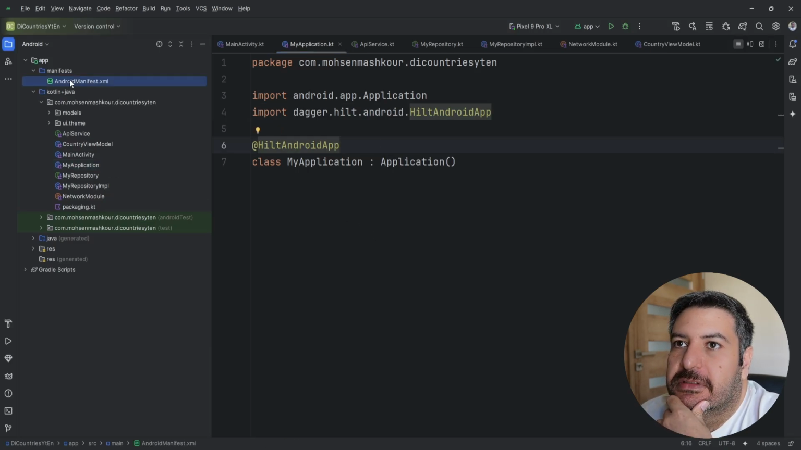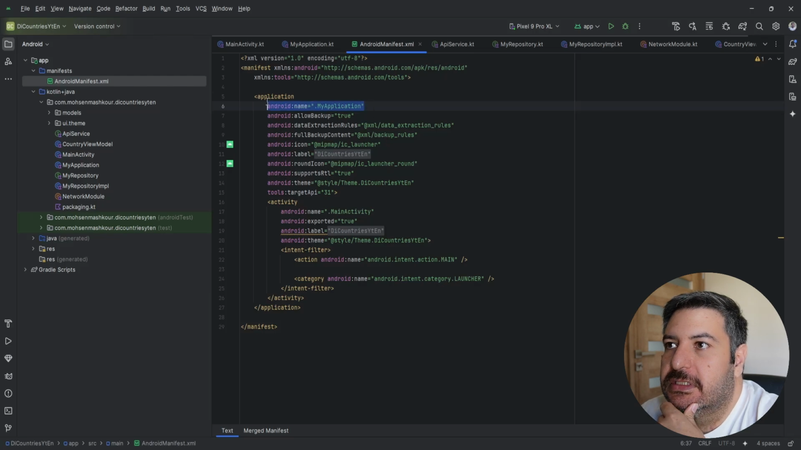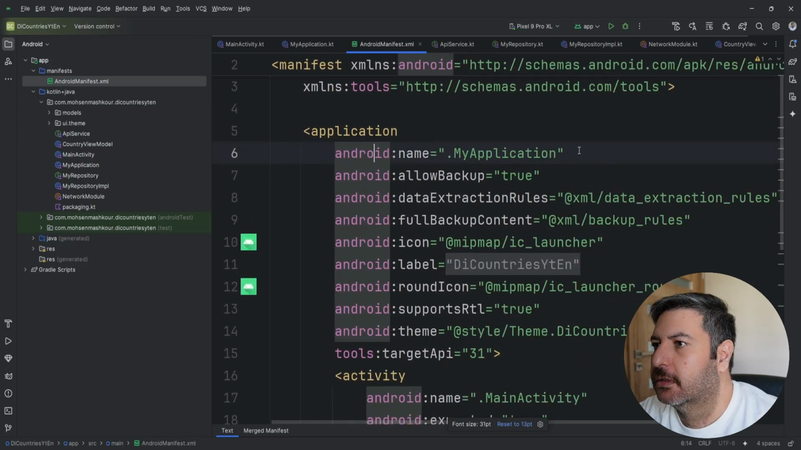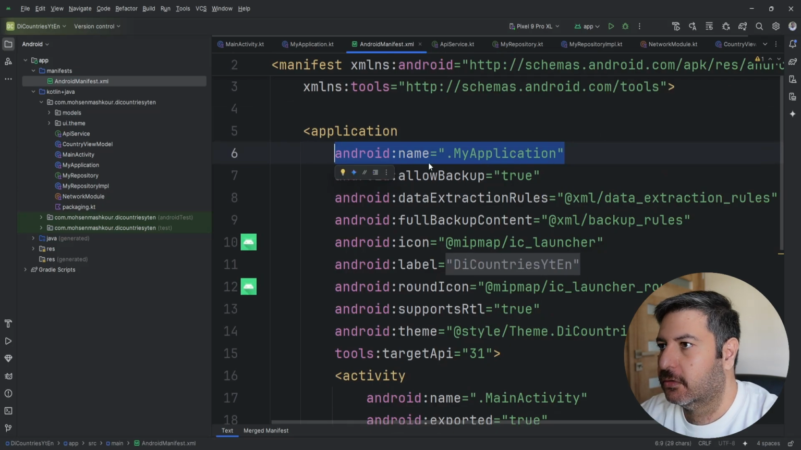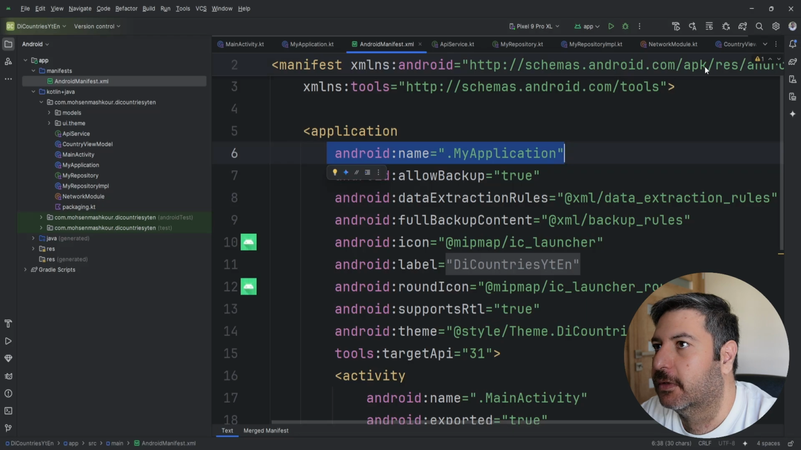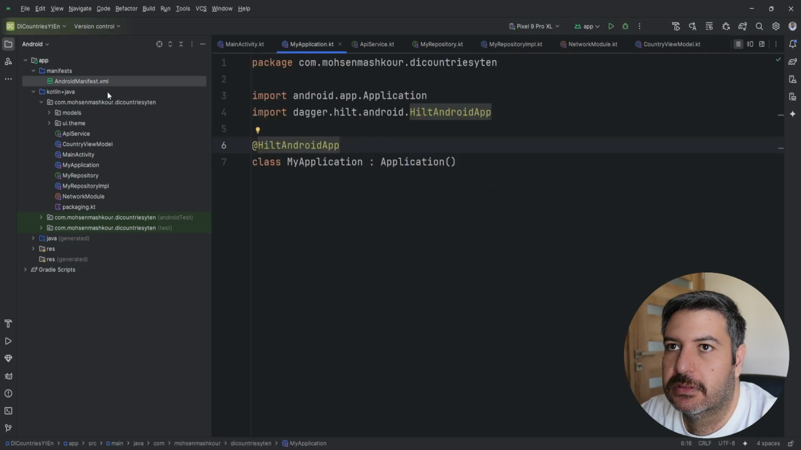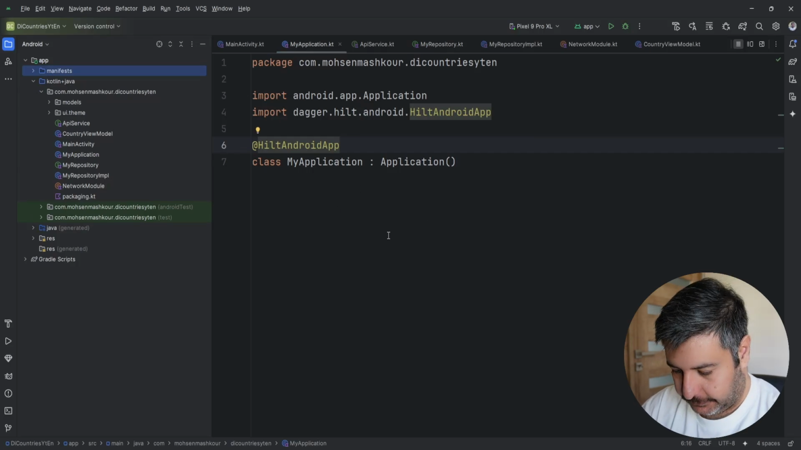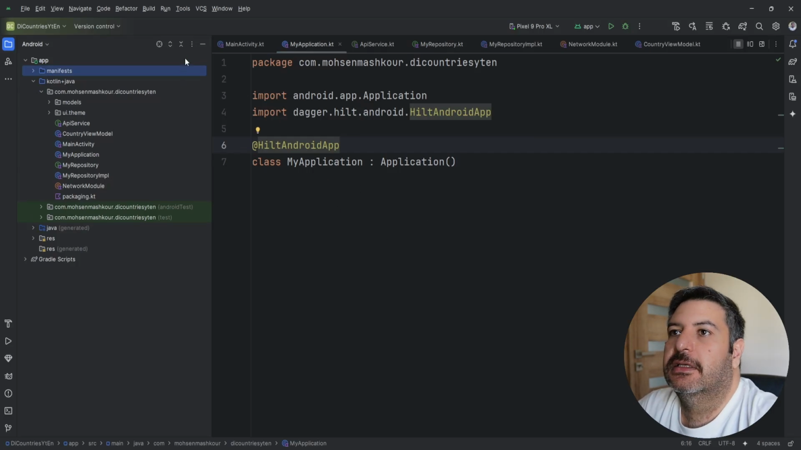Inside the manifest, we need to register it by just this line of code. Before starting recording, I've added it here to test, and you can see it. Just this line of code should be added here inside the application block. I don't need this manifest. I'm going to close it. And why do we need this class? Consider inside the